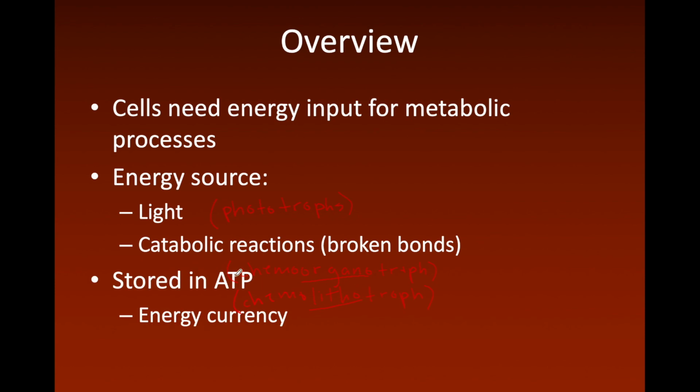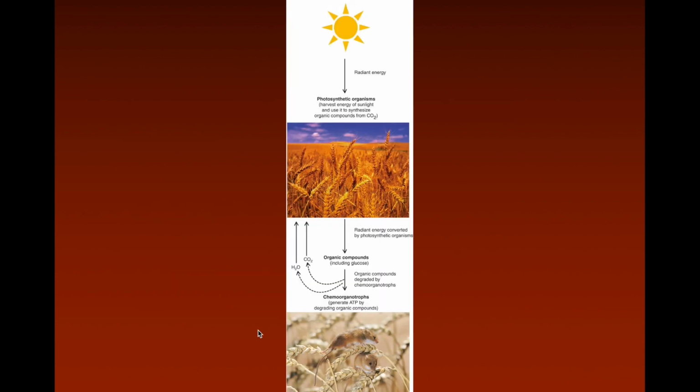Energy is stored in the form of ATP. We call this the energy currency of the cell, and anytime energy is used, it must be replaced. So we'll see the ATP process, or the cycle. This is just a quick overview, or a reminder, essentially, from your general biology class. The majority, not all, but the majority of the energy we have on our planet comes from